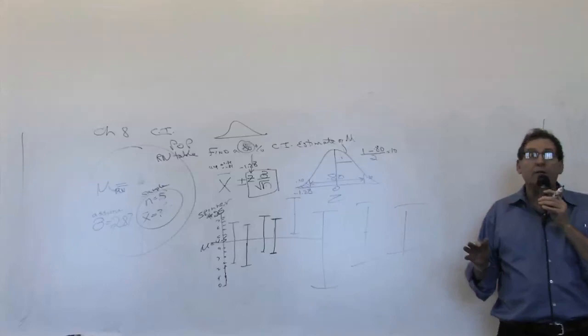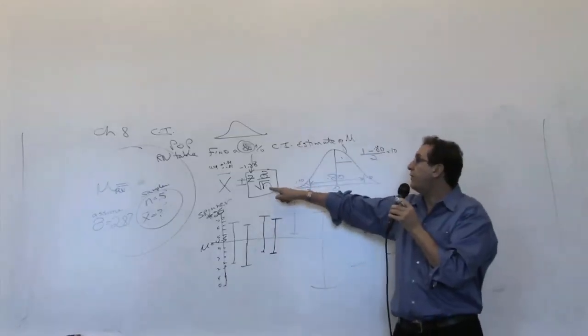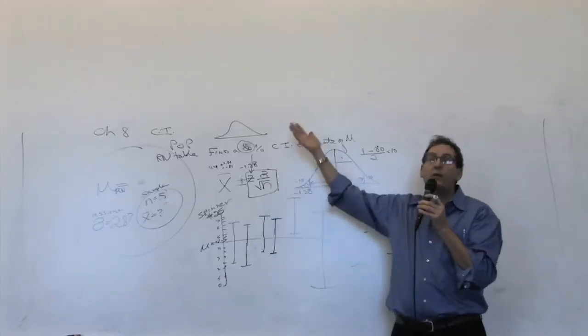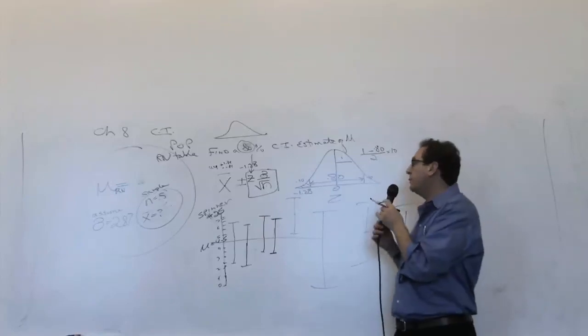You don't always have control over it because, for example, let's say you're testing a new drug and you can only get 5 volunteers to take the drug. You can't get 500 volunteers. You can get 5 volunteers. So you're stuck with the 5. You have to do with what you've got. But